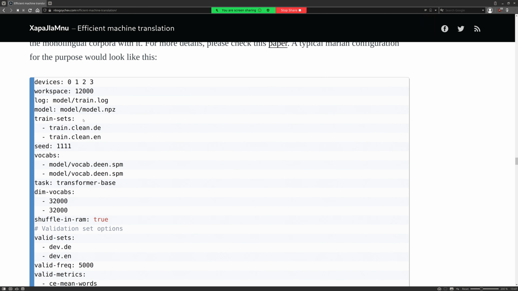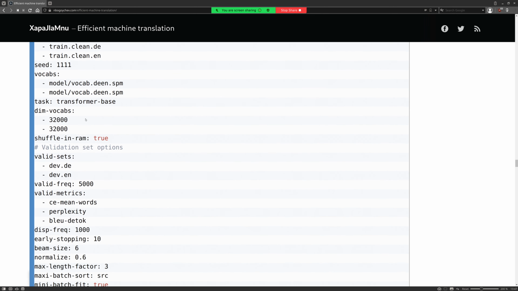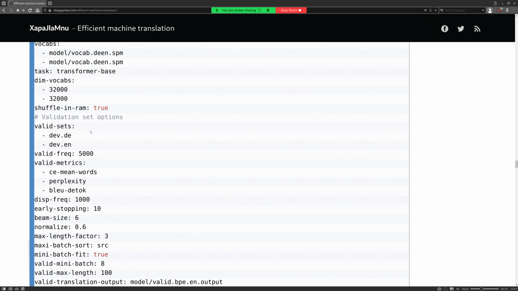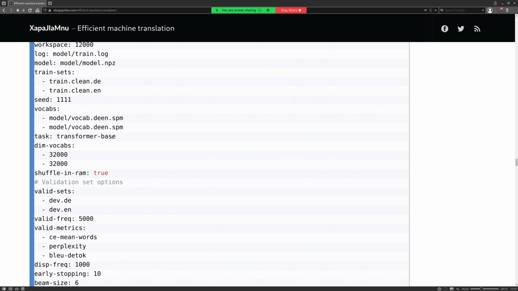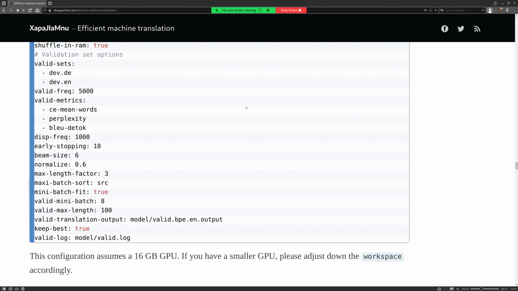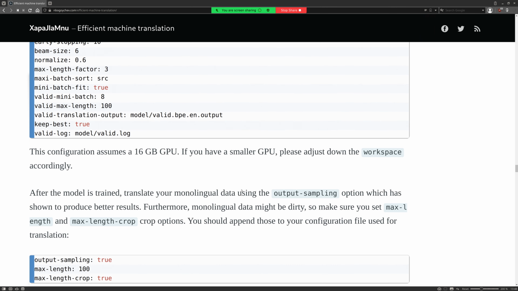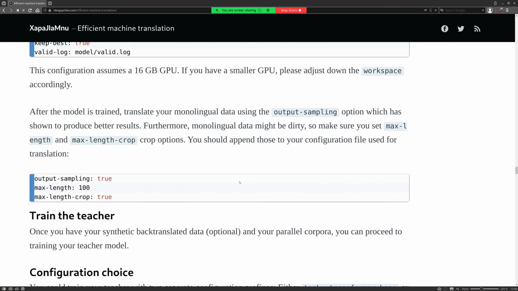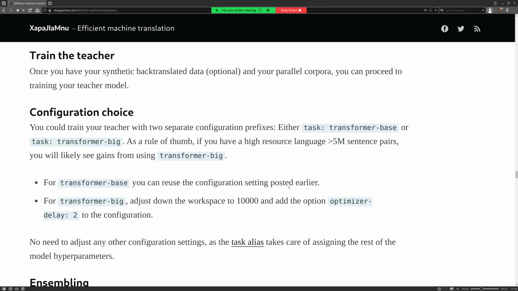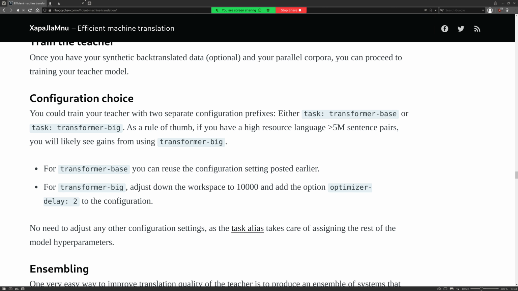Where did I put that? Did I forget it? Right, so there should be a model type here. Yes, task. There's a lot to the task parameter here, it sets a lot of hyperparameters. I think I have a link somewhere to it. Yes, so if we go here,